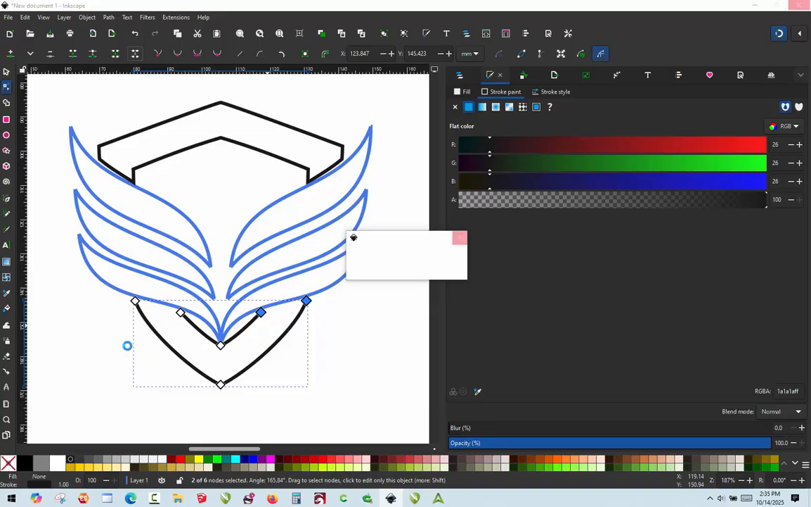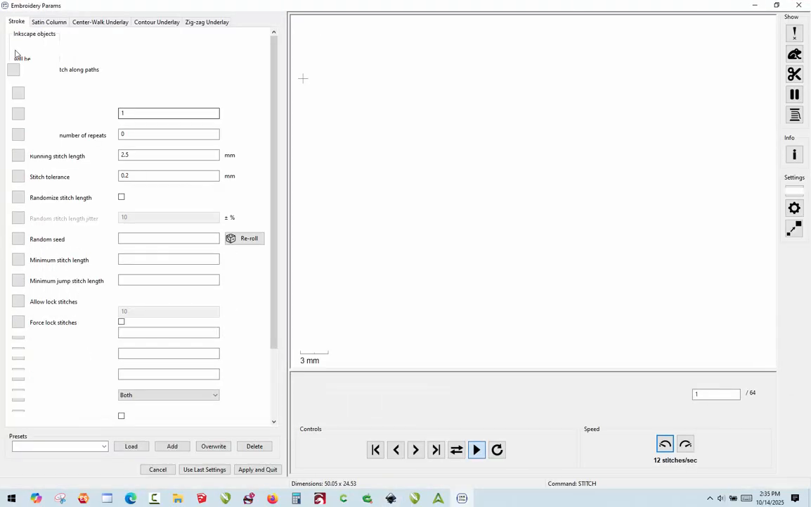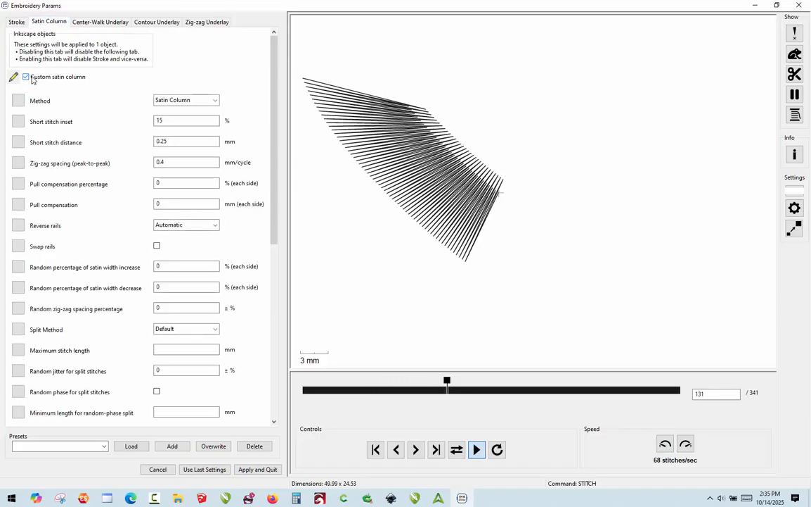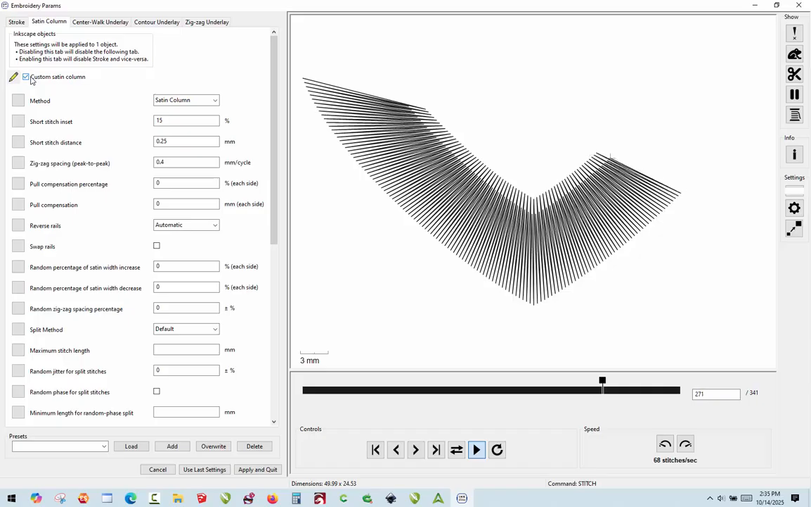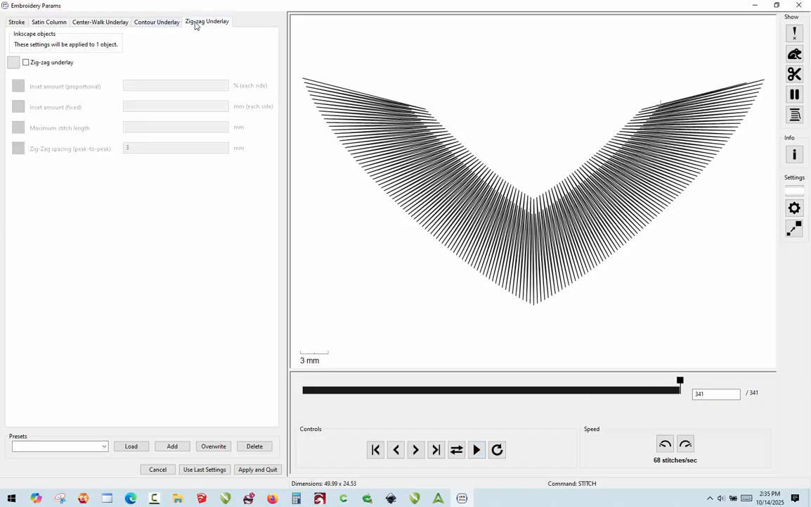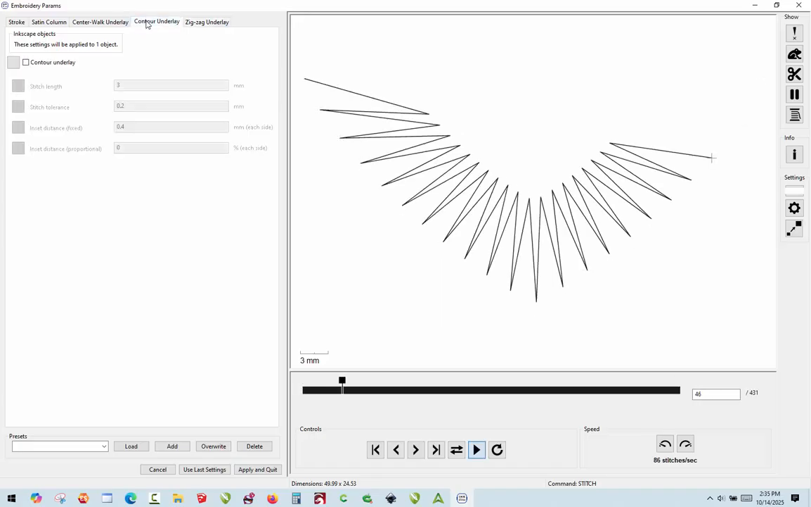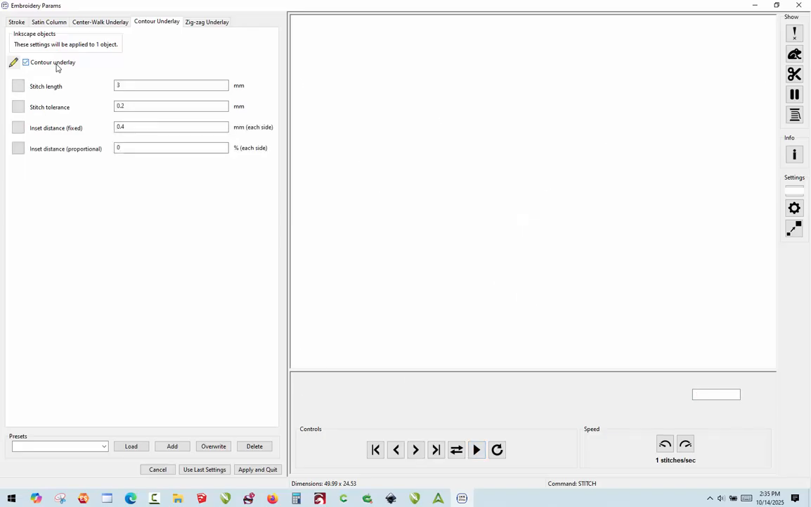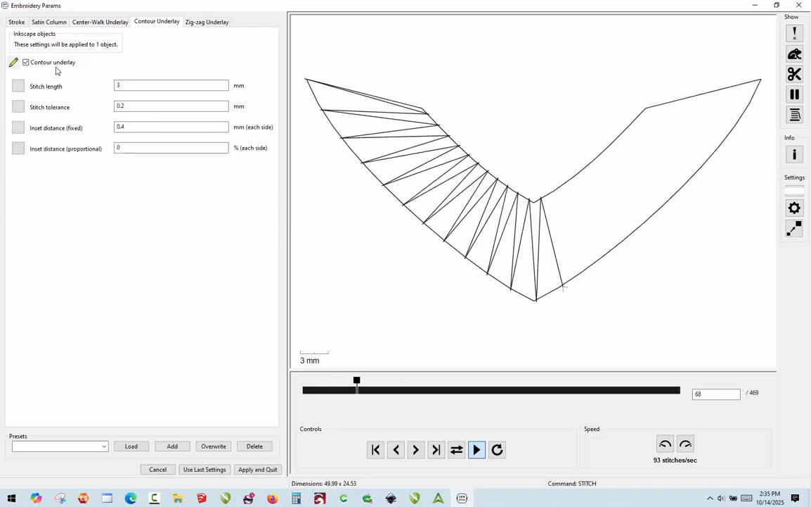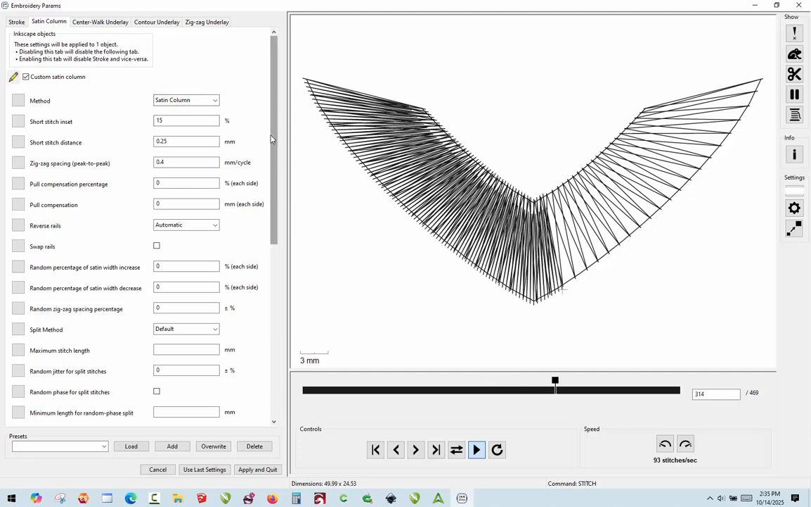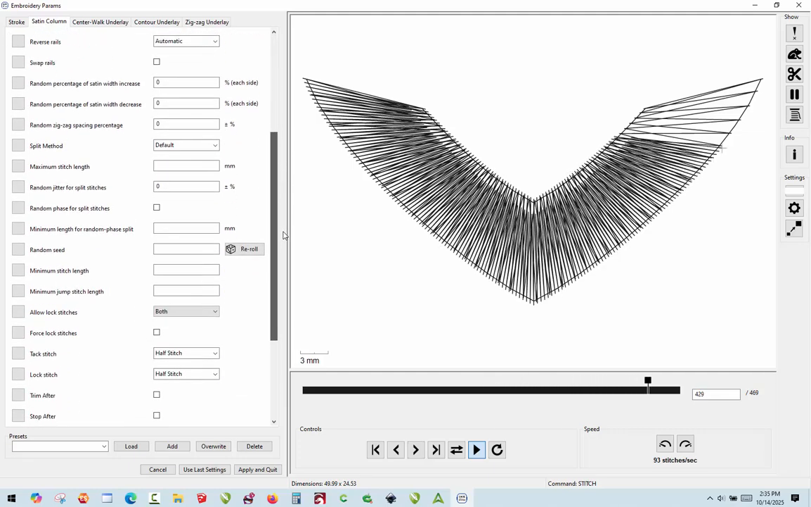So we have our 2 rails, our satin column, create custom satin column, and there we go. There's our satin stitches. So we're going to do the exact same thing we did previously. We are going to add some zigzag underlay. We are going to add our contour underlay. Okay, and then we'll go back to our satin column. All that looks pretty good. We want